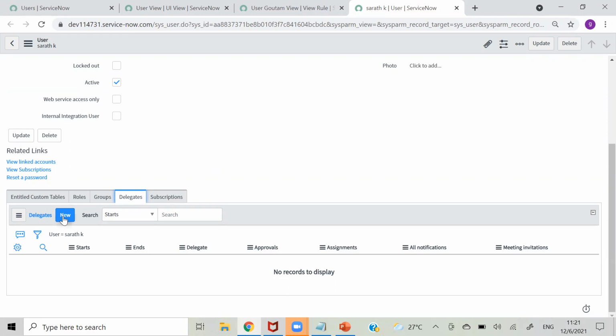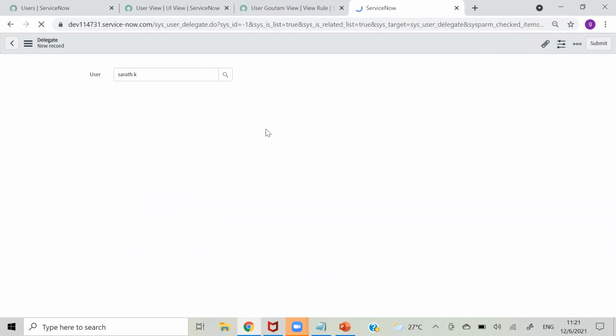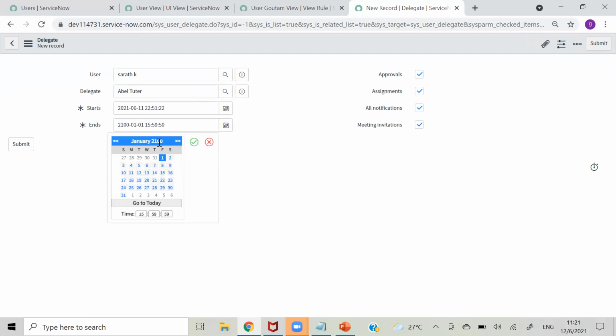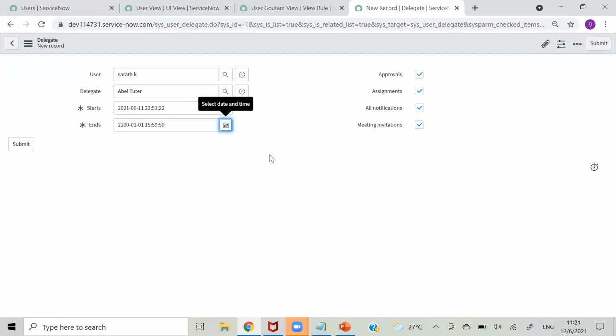If you want to see how we can delegate someone instead of Sharath.k, just go to this new and add Abel Tutor or someone here, with a start date till an end date. So I'm taking till January 20-something this year. I have to make Abel Tutor a delegate for user Sharath.